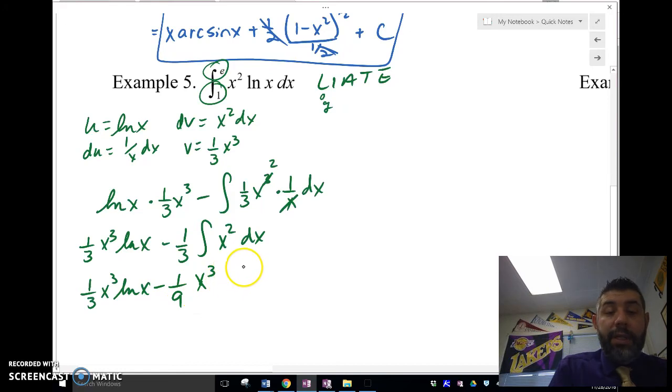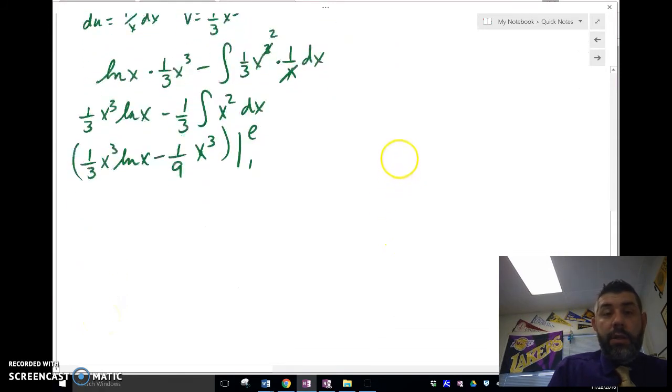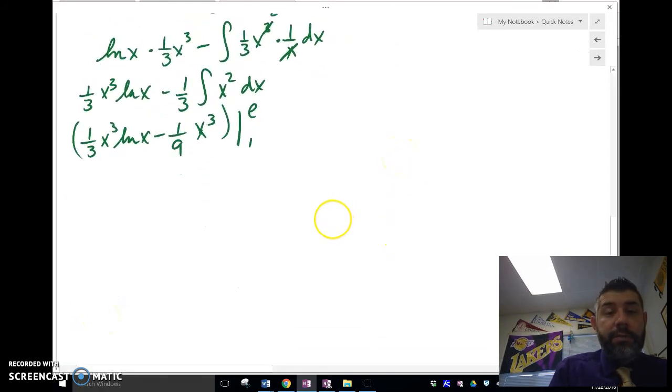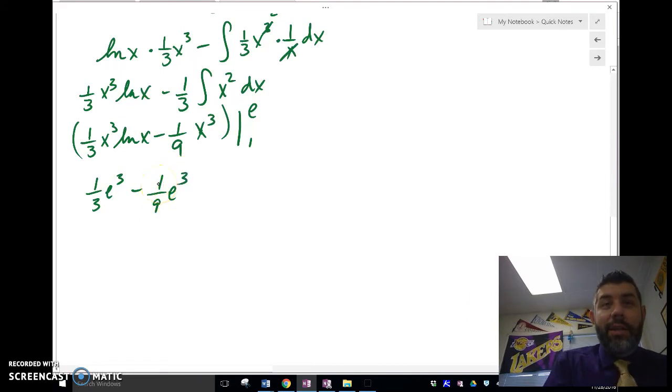Now, normally I'd put a plus c, but instead we're going to evaluate that from 1 to e. Okay, the whole thing. Those were our limits of integration. All right, so then we're going to plug the e in: 1/3 e cubed. Ln of e is just 1, so we'll leave that there. Look, I told you it was going to happen, didn't I? Okay, 1/9 e cubed